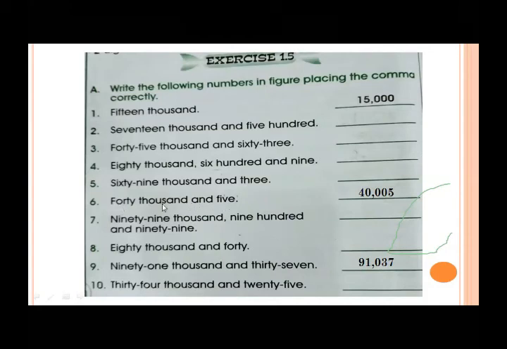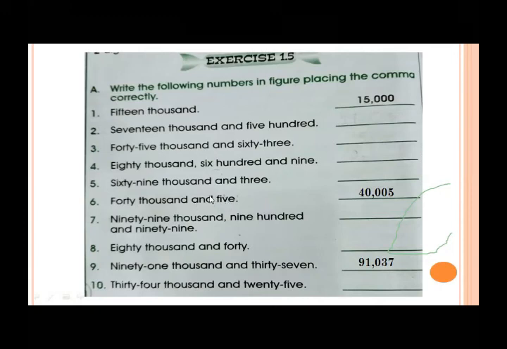40,005. Here you see 40 means 40,000; both come in the group of 1,000. It means that 4 comes at the place of 10,000 and 0 comes at the place of 1,000. Why do we read it as 40,000? Because both the 10,000 and 1,000 places come in the group of 1,000. So you write it like 40,000, comma, then 5. Only the unit digit is given here, that is 5.